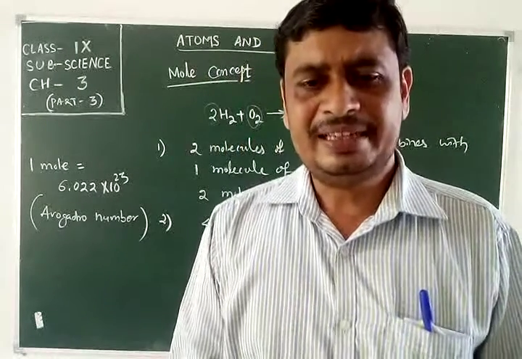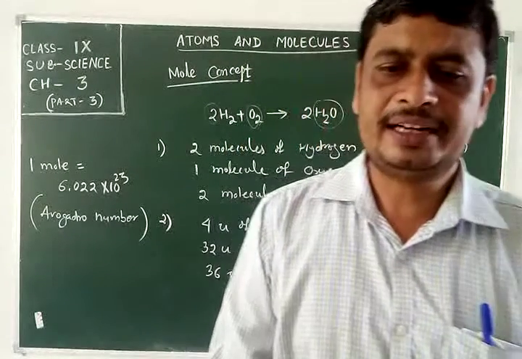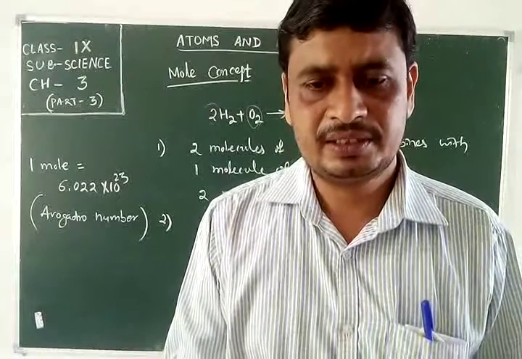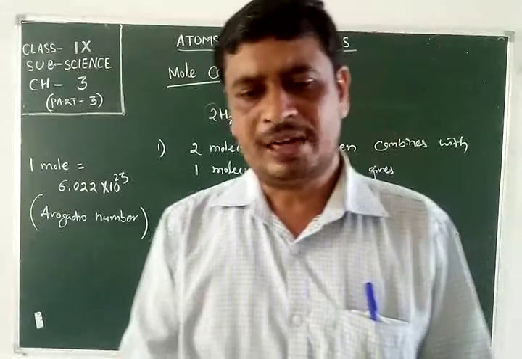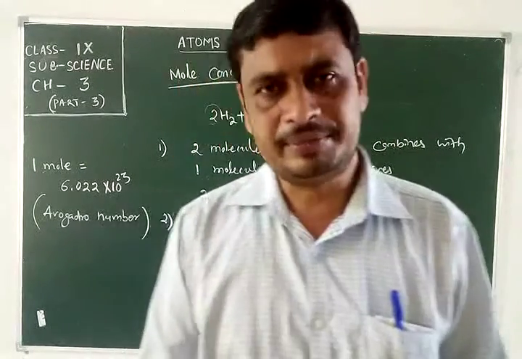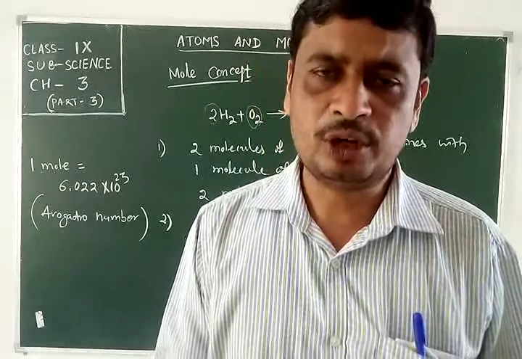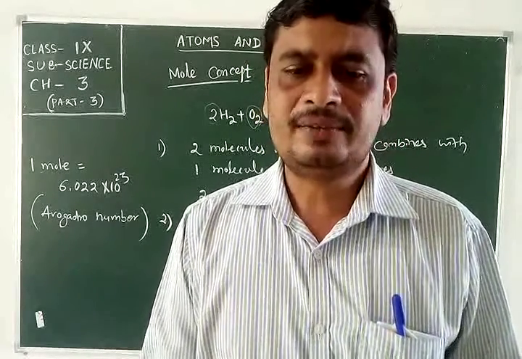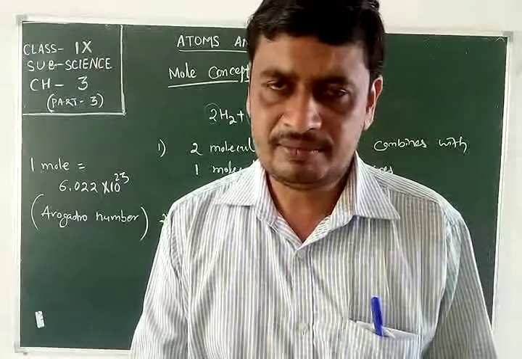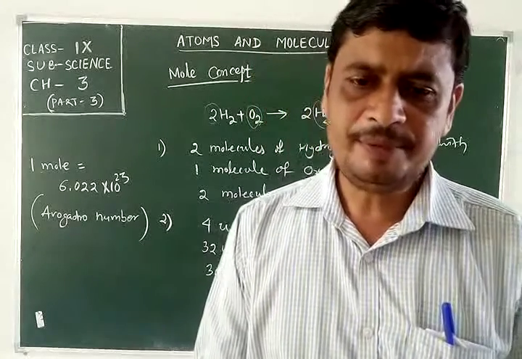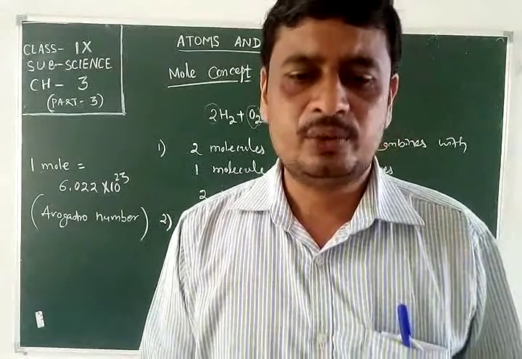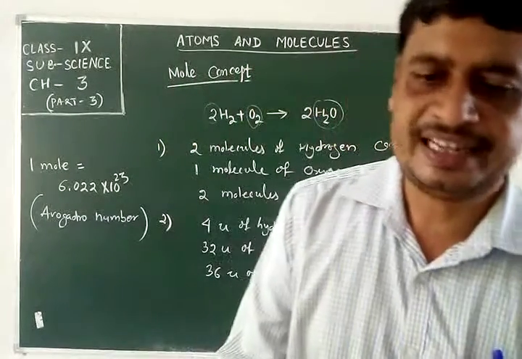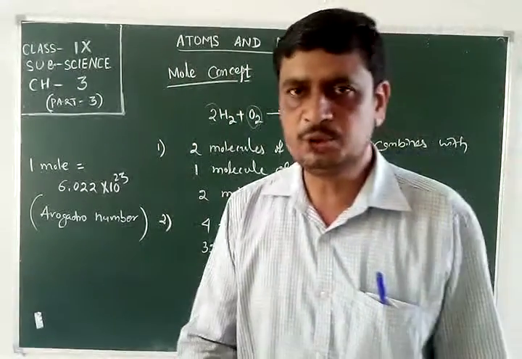Atomic mass of an element gives us the mass of one atom of that element in atomic mass unit. To get the mass of 1 mole of atoms of that element, that is molar mass. Mass of 1 mole of atoms of any element is said to be molar mass. We have to take the same numerical value but change the unit from u to g.